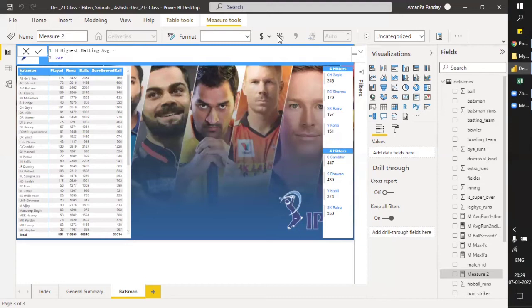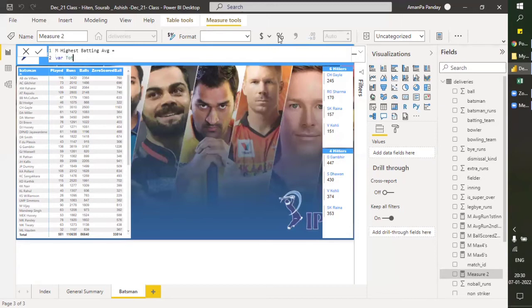Sorry, this is the name of the measure. Okay. Now I'm defining the variable. Variable is just a word, you can say in layman terms. It's a word which will hold your value of the calculation. Whatever calculation will be there, that outcome will be stored in this word.